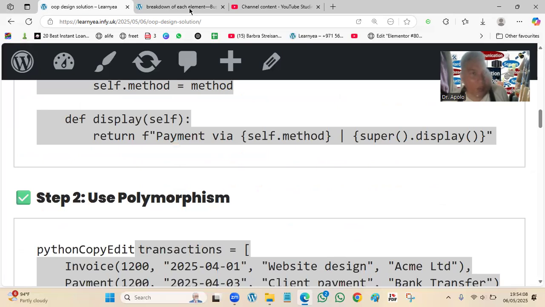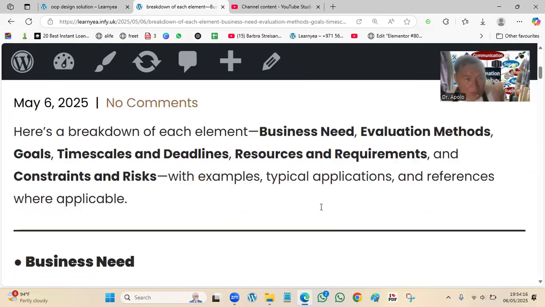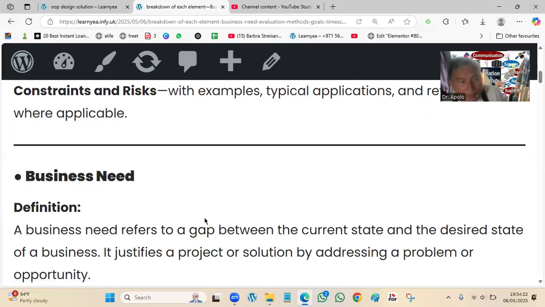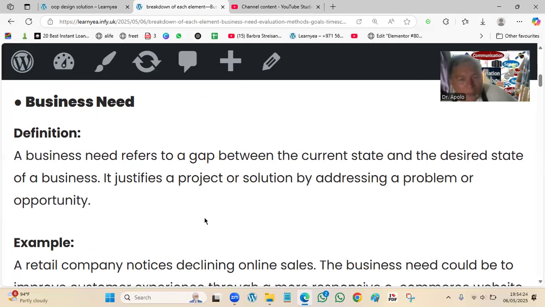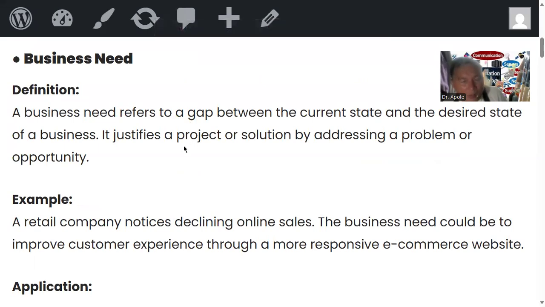Let's move on to business needs, evaluation methods, goals, timelines, deadlines, resources, requirements, and constraints. Usually, programs are developed not for themselves, but to do something, and that's applied in business. So business needs refer to the gap between the current state and the desired state of a business.